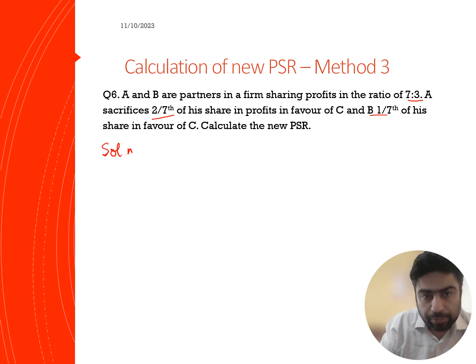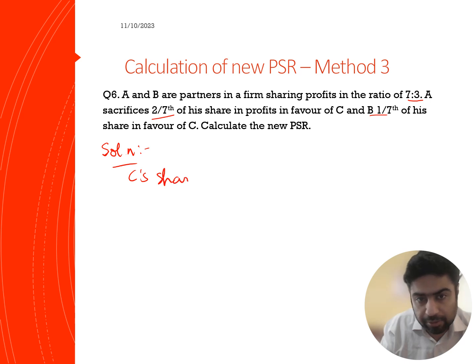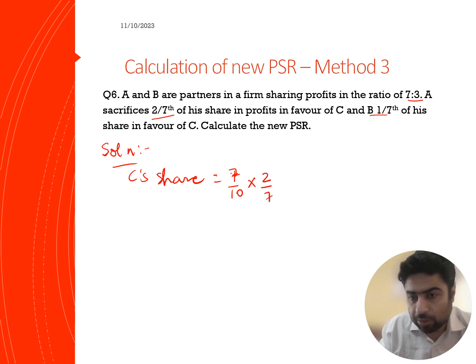to everyone. Okay, so first and foremost, we can calculate the share of C. So how do we calculate the share of C? So we'll write C's share. C is the new partner, just keep that in mind, and C's share will be equal to A. Now if you see, A has sacrificed 2/7 of his share, so whatever is A's share, A's share is 7/10, right? His old share is 7/10 and A has sacrificed 2/7 of it, so 2/10 of 7/10 A has given, so we wrote this here, plus